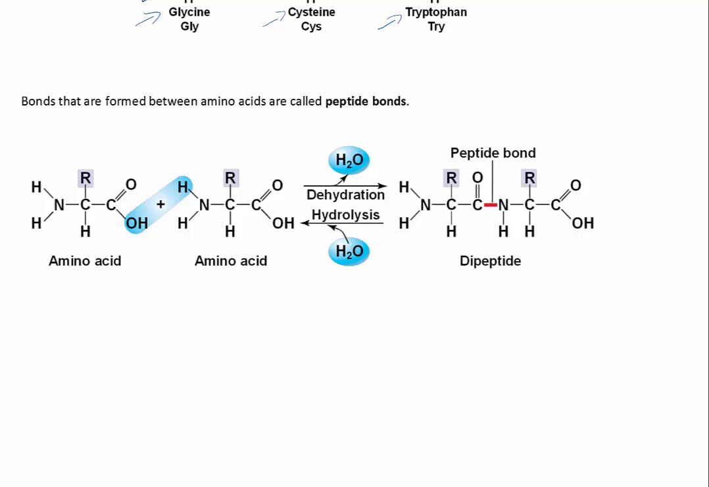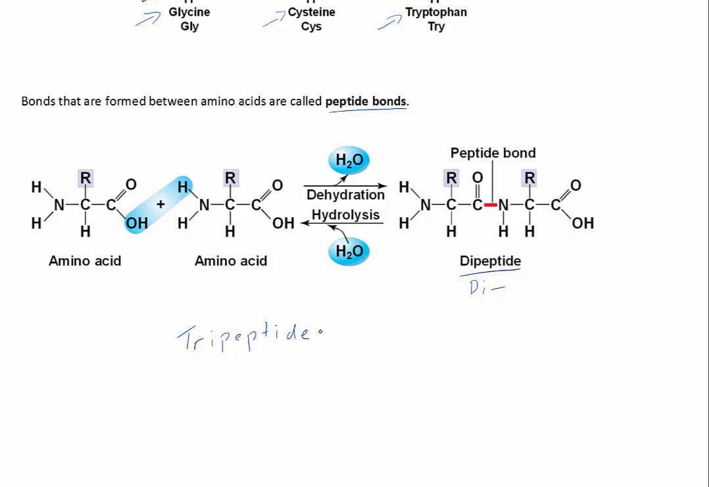So just like other macromolecules, amino acids can join together through dehydration reactions. And the bond that is formed between amino acids is called a peptide bond. Two amino acids linked together form a dipeptide, di for two. Three form a tripeptide,